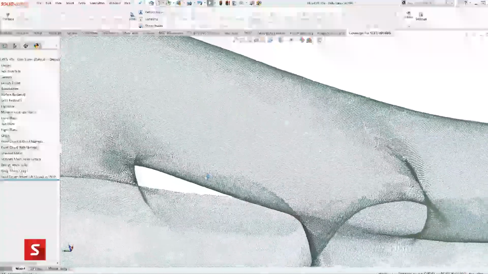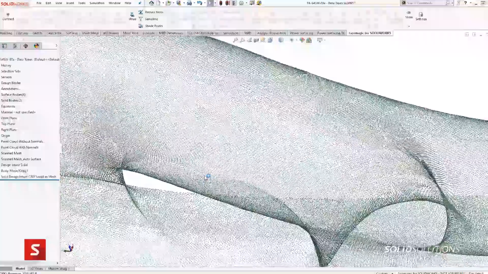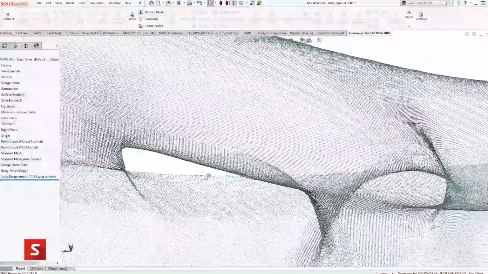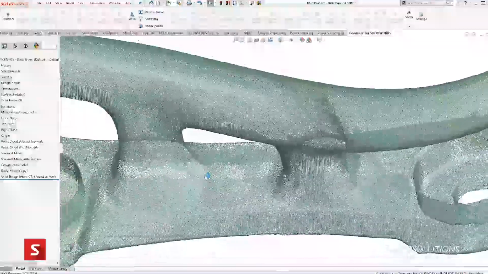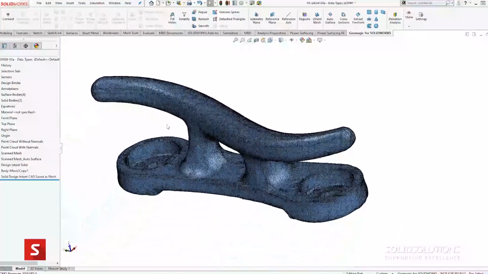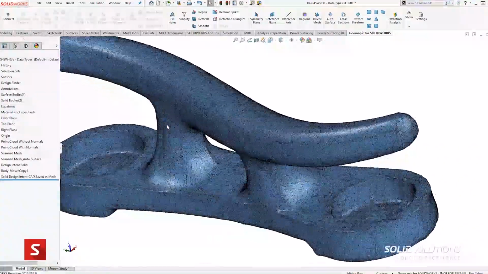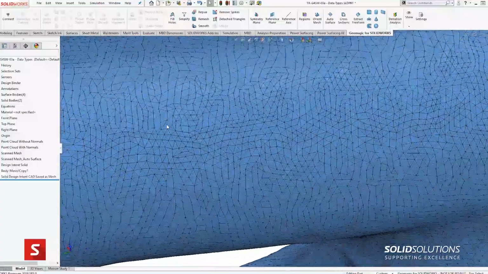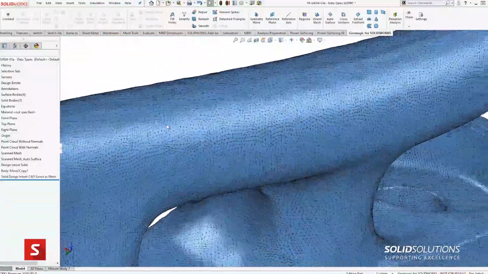There are two main types of scan file: mesh and point cloud. Point clouds consist of millions of points in space which represent the surfaces of a part. So there are so many points representing the object that they form a dimensionally accurate 3D image. With a mesh file, the points of a point cloud are connected by lines to form triangles, meaning that the file is made up of millions of tiny triangles. And the most common file type is an STL. Those of you that have 3D printers will recognize this file format, as it's what 3D printers use.